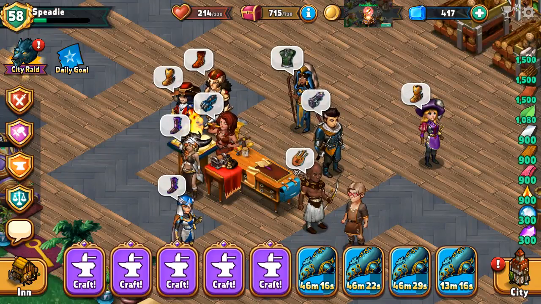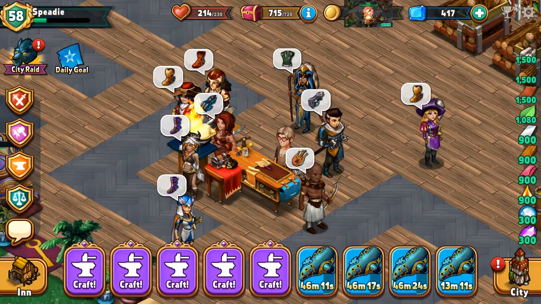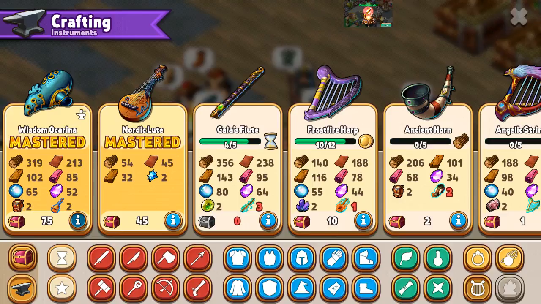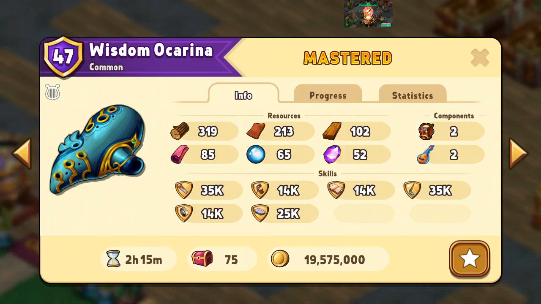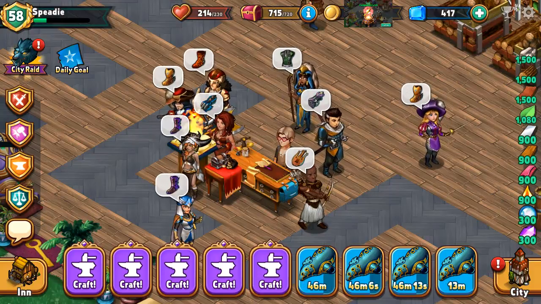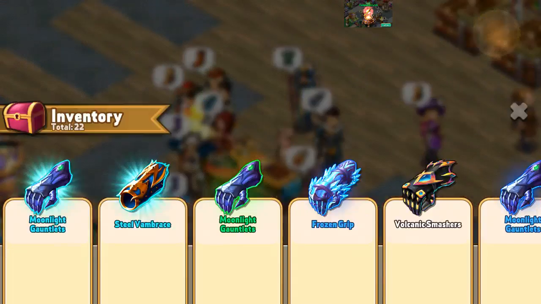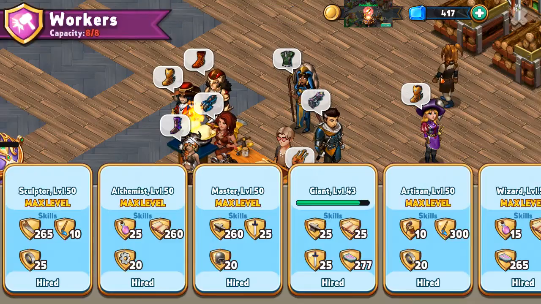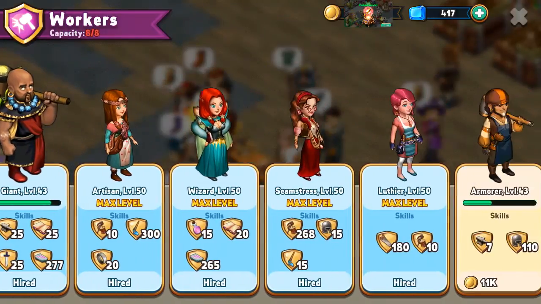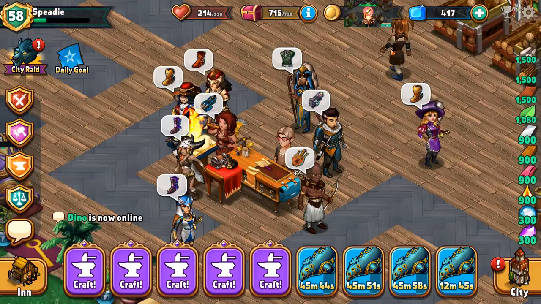Now, I've seen a few videos. I don't think they've been that great at explaining the best way to maximise them, to be honest. Let's find them. As you can see, ocarina for me right now, 2 hours 15. I don't have Jack of all trades. I do have Giant, and there's my other workers. So I'm just going to go through a quick, well, reasonably quick explanation of what the best setup is for